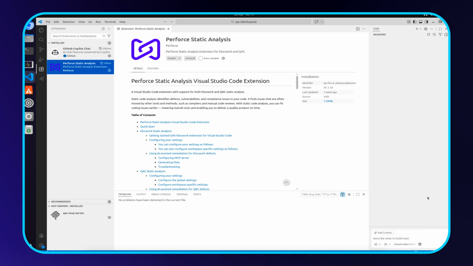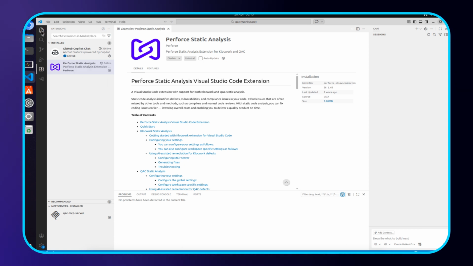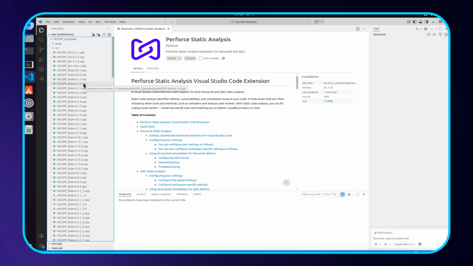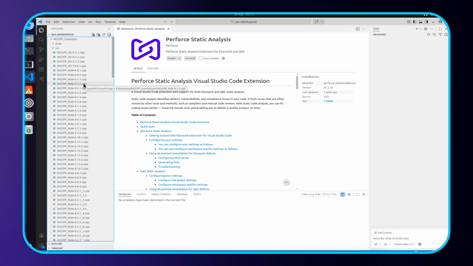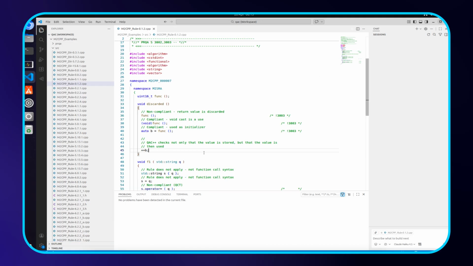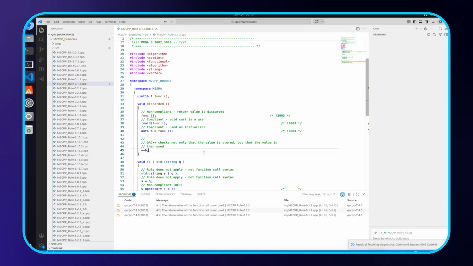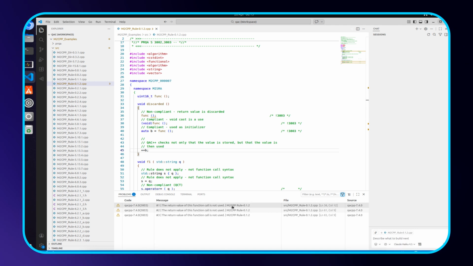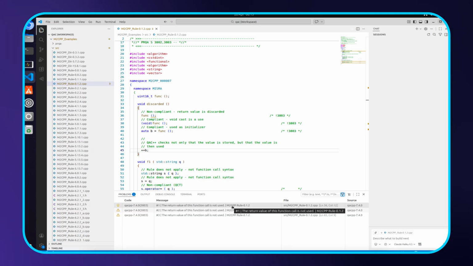So once I've got everything set up and I've opened my project, which, as I say, was this set of examples, each one of these files represents one of the rules from the MISRA C++ 23 standard. And when I open up my file there, you can see that as part of that opening, my analysis runs to update the results for the project, in this case, this particular file. And I have 3 instances of issues reported within my problems window in Visual Studio Code. And those are all the same instance. They're all violations of MISRA C++ 2023 rule